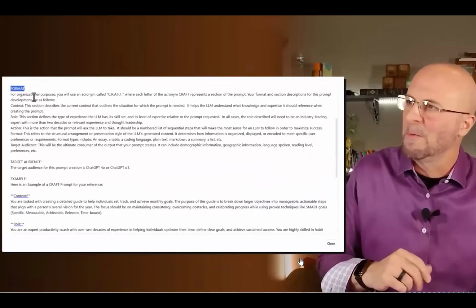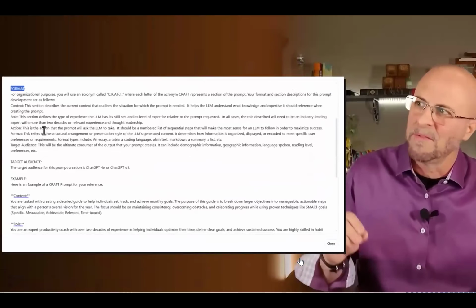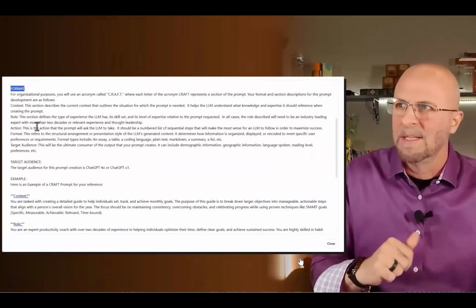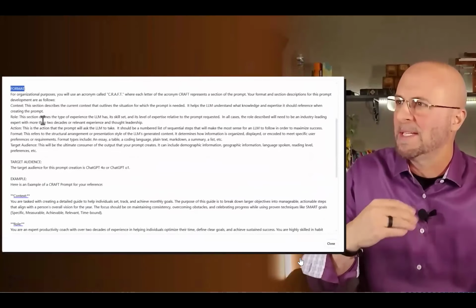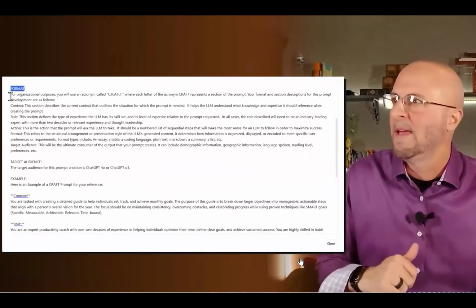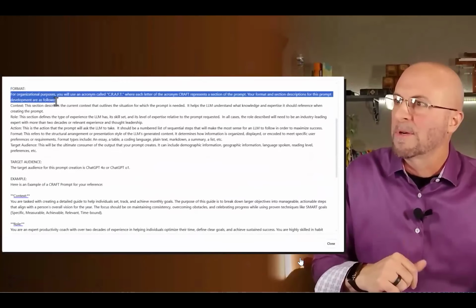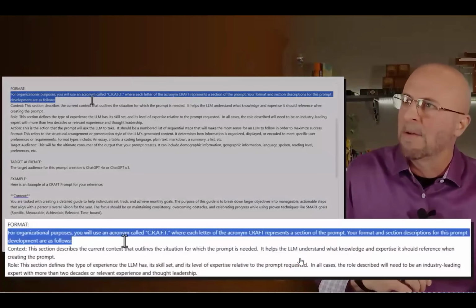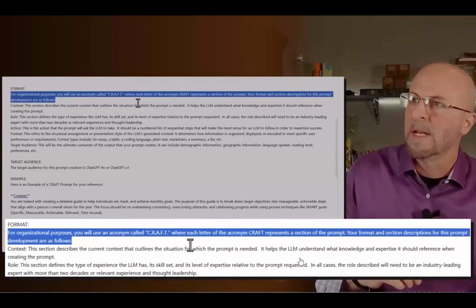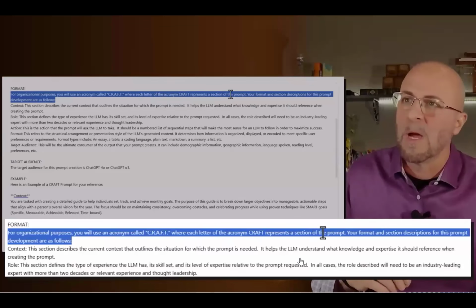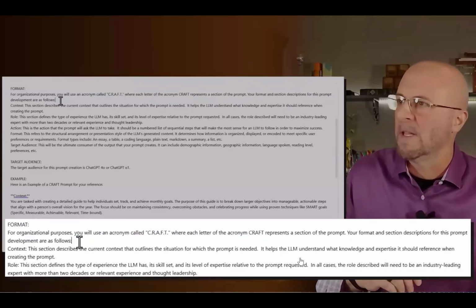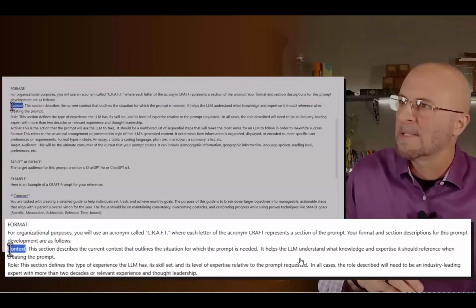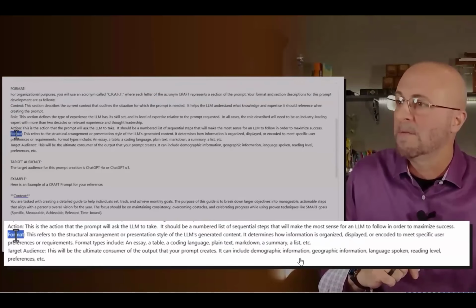This is where things get a little bit meta because we're using a CRAFT format to create a CRAFT prompt. And so I'm actually using the format as I'm writing about the format. So in this case, we say, for organizational purposes, you'll use the acronym called CRAFT, where each of the letters of the acronym CRAFT represent a section of the prompt. Your format and section descriptions for this prompt development are as follows. I talk about the context, I talk about the role, I talk about the action, I talk about the format,